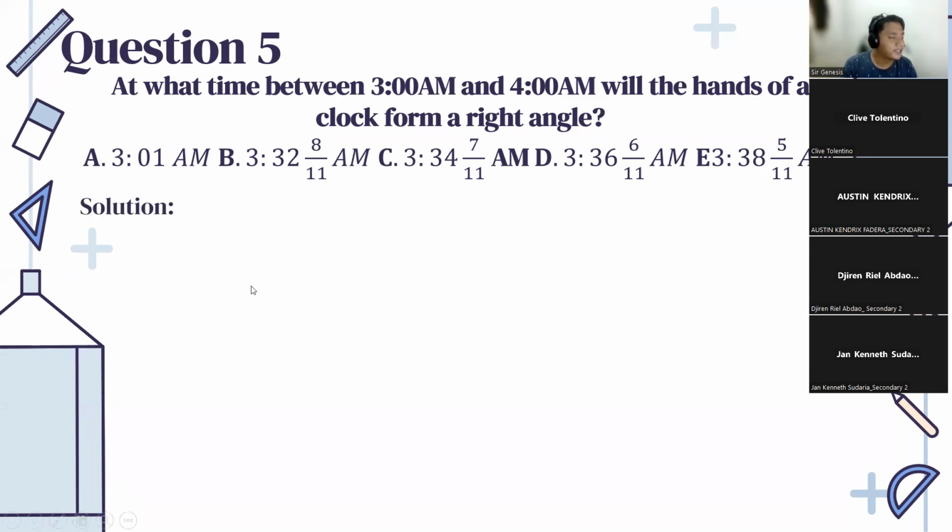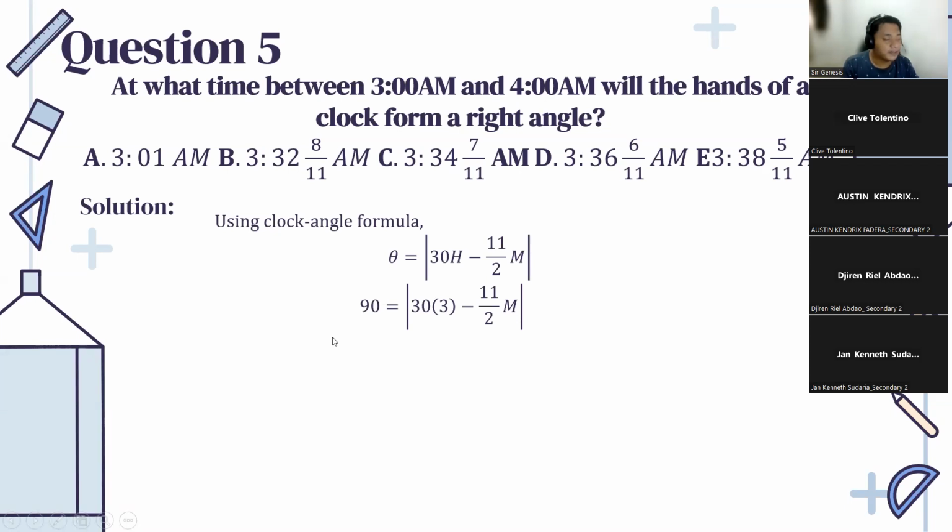Here we will use the clock angle formula, which is theta is equal to absolute value of 30h minus 11 over 2m. Okay. Now, since it is a right triangle, we have 90 is equal to absolute value of 30 multiplied to 3 because it's between 3 a.m. So the hours here is 3. While m, we still have to solve for m. Okay. So here, if we try to simplify,